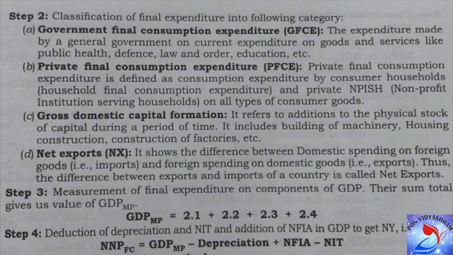And the third one is gross domestic capital formation, or gross investment, or investment expenditure. It refers to addition to the physical stock of capital during the period of time. It includes buildings, machinery, housing construction, construction of factories, etc. It has been classified into the following categories, that is gross domestic fixed capital formation,